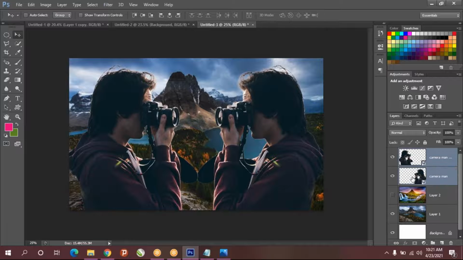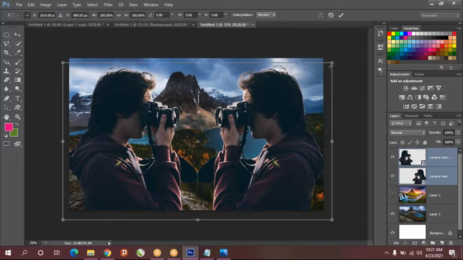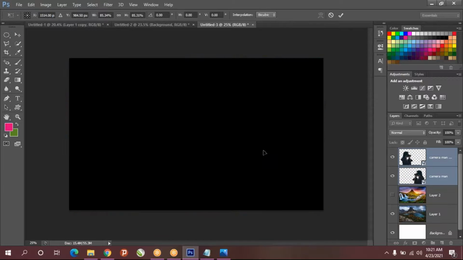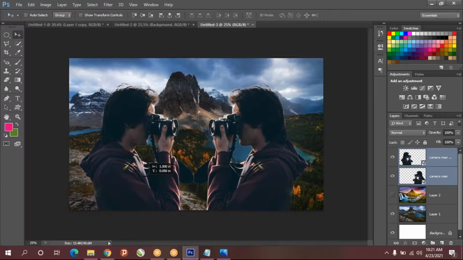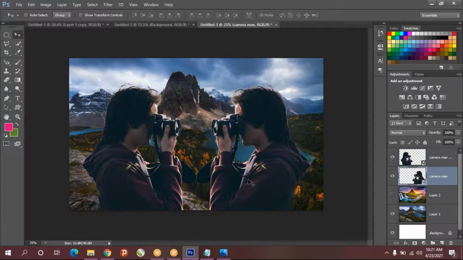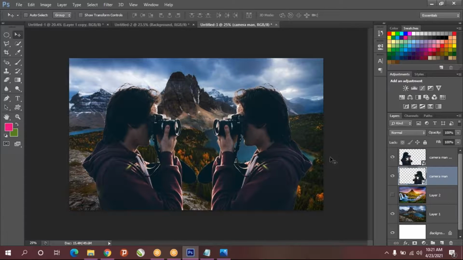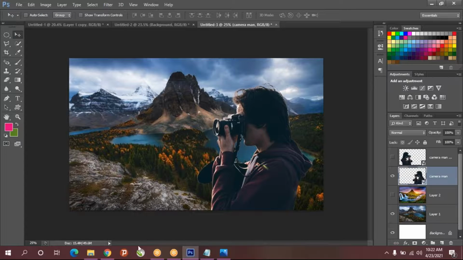Enter. Both the layer I'll select and I'll reduce by holding shift key. Okay, so mirroring is easily you can do.